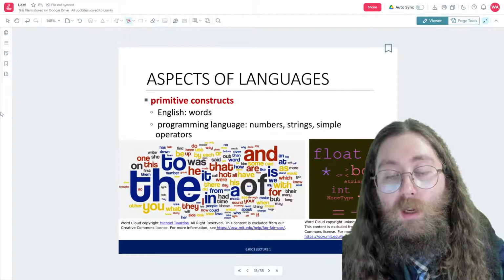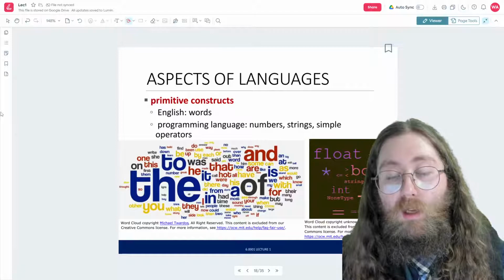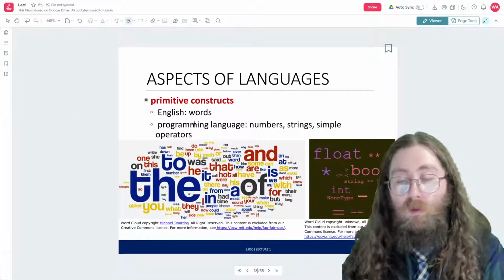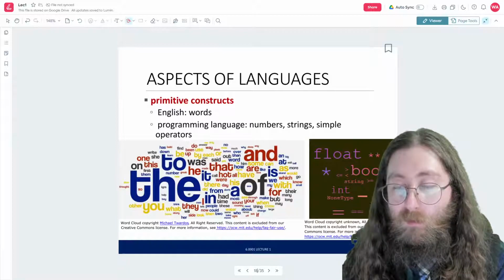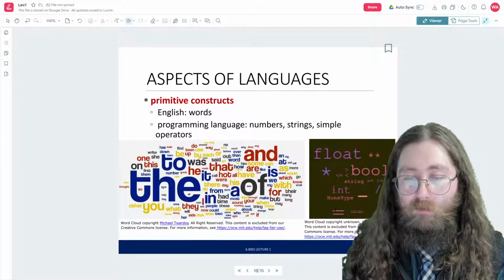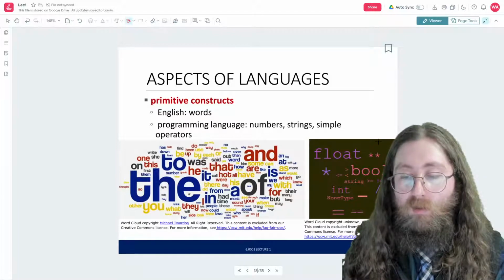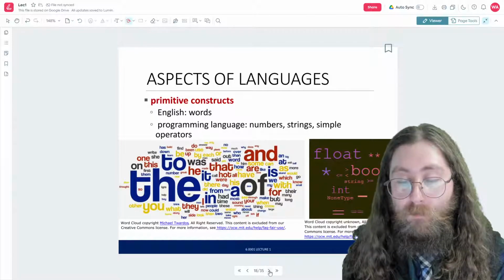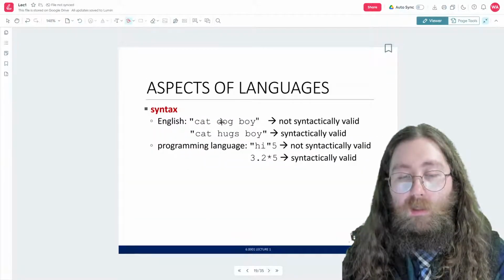Programming languages consist of numbers, strings, and simple operators. And we can compare them here, right? All these primitives for Python, and then just a small sample of words in the English language, right? So there's a lot of pieces to these languages.